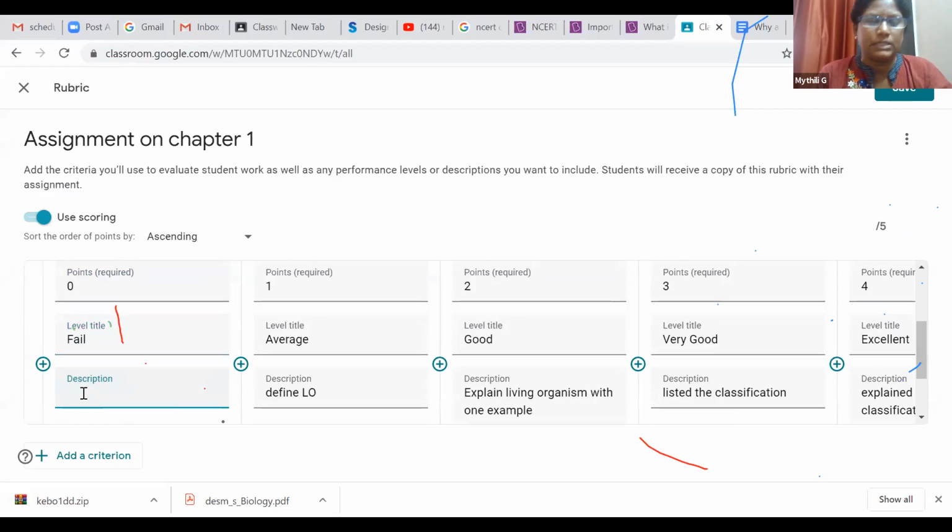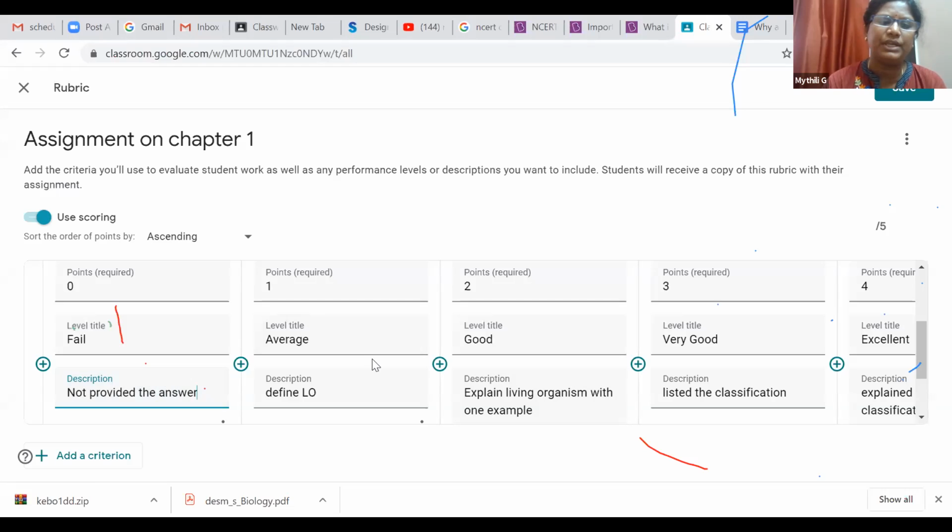I can say that they have not attended, or otherwise not provided the answer. Okay, so this is the criteria I have set for this particular question.